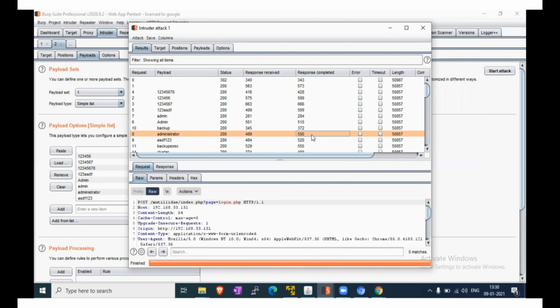So this is all about performing the process timing attack. Delayed response times leak information related to system processes, and an attacker could use the response time to perform account enumeration and determine the valid user based upon the time of response.